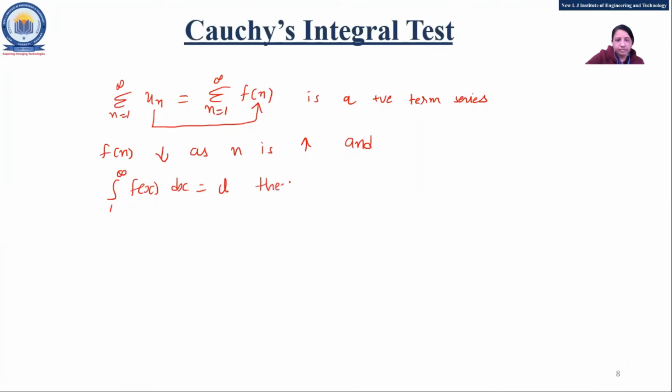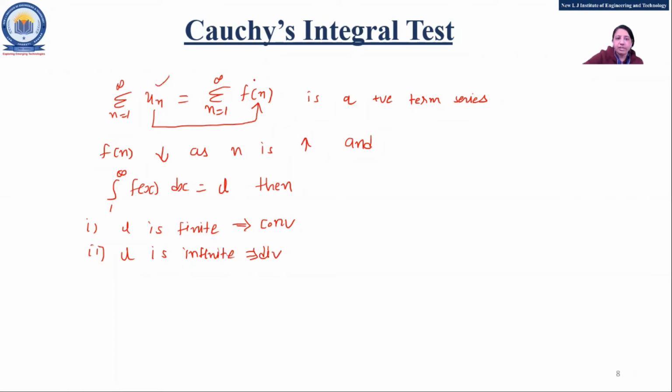Then there are again two cases in that. If L is finite, now not greater than and less than, that is the difference, and you are supposed to do the integration, right? If L is finite, then our series is convergent, and if L is infinite, then we can say that our series is divergent. So how are we supposed to solve this?